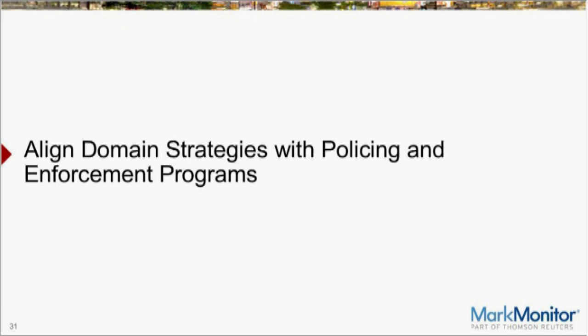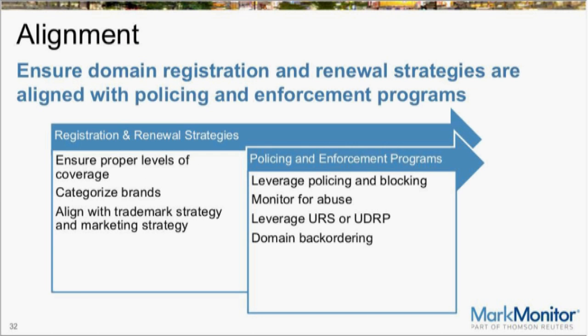Another key strategy for 2016 is to ensure your domain strategies are aligned with your policing and enforcement programs. Companies will continue to face tough registration and renewal decisions this year. And it's not enough just to have a domain strategy in place. Now more than ever, companies need to combine their registration and renewal strategies with their policing and enforcement programs. Now is the time to ensure your domain registrations